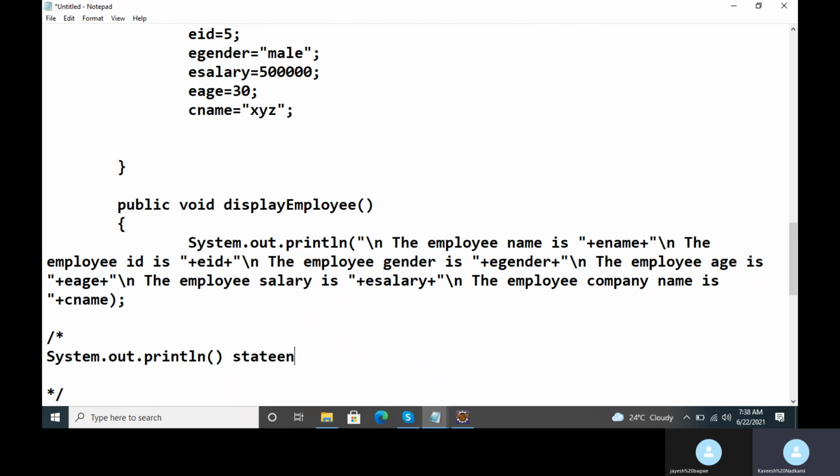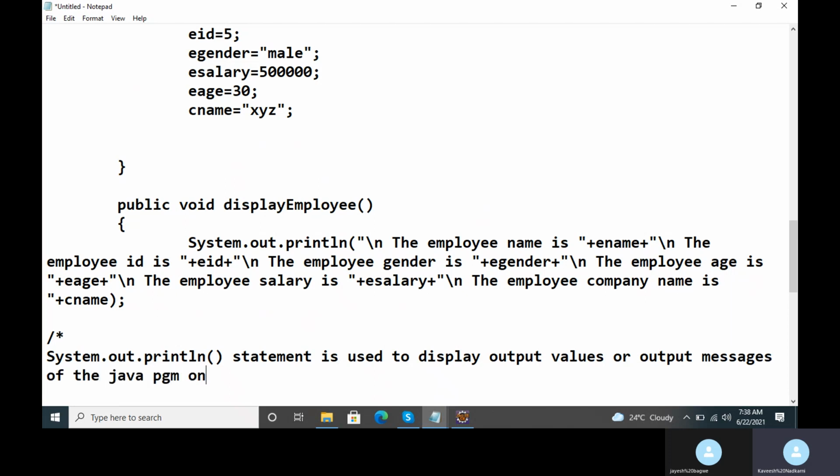So I will just write one point here, that the System.out.println statement is used to display output values or output messages of the Java program on the screen. Then, as I told you, \n is called an escape sequence character, Jayesh.